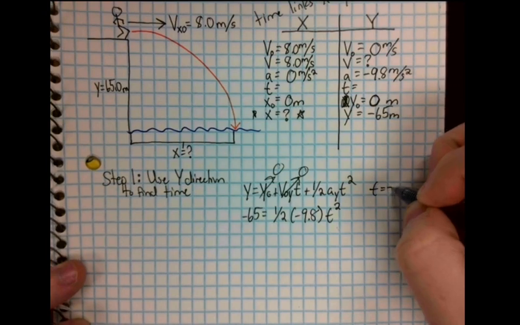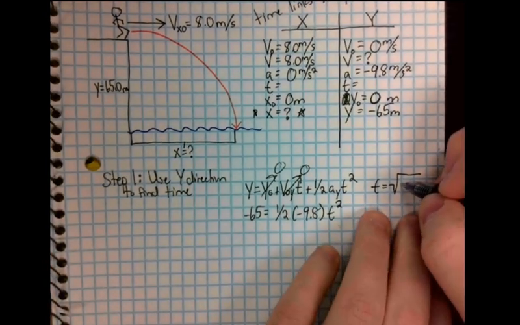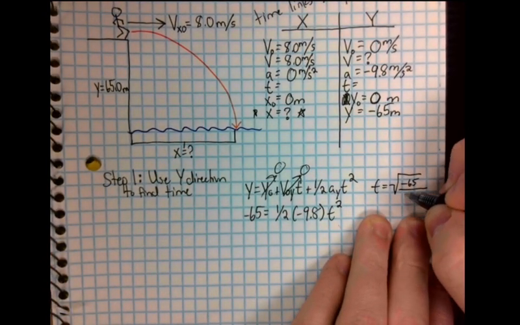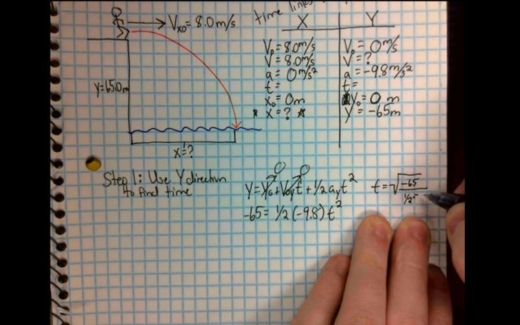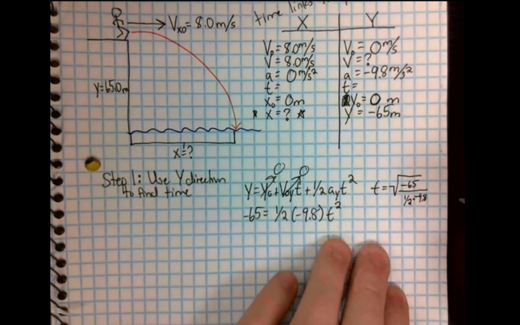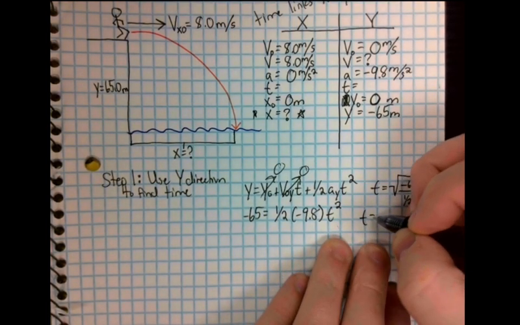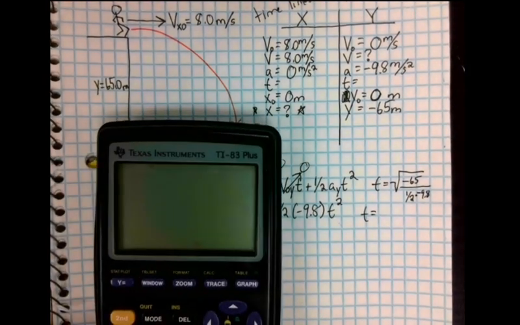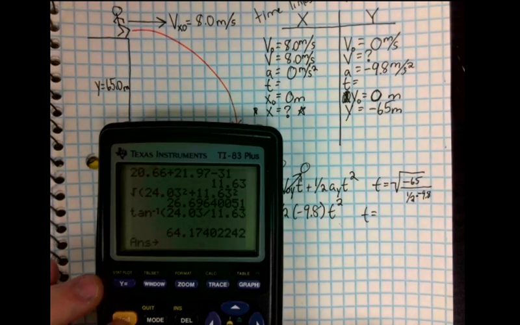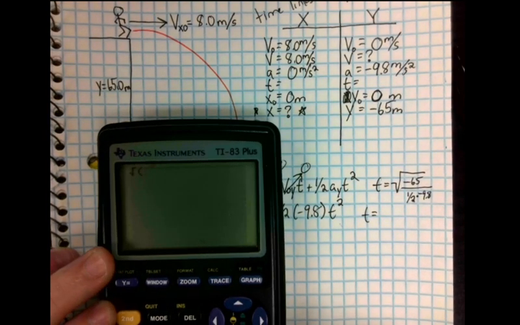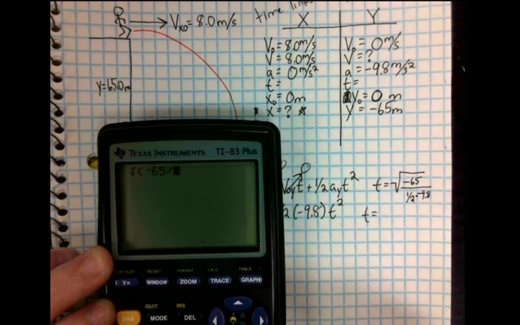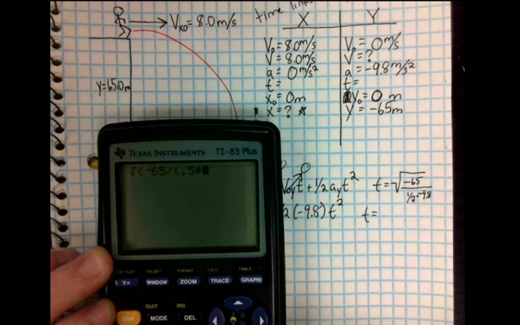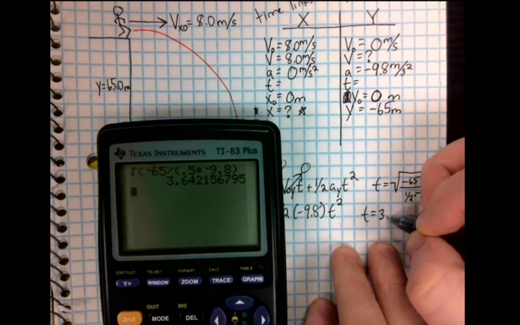Solving that, we'll get t equals the square root of negative 65 over 1/2 times negative 9.8. And our t is going to equal, pull out the trusty calculator, square root of negative 65 over 0.5 times negative 9.8. We'll get a time of